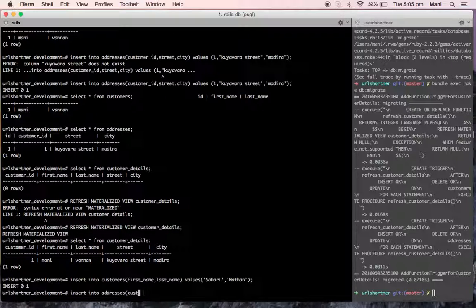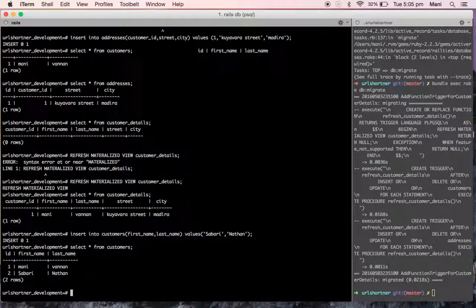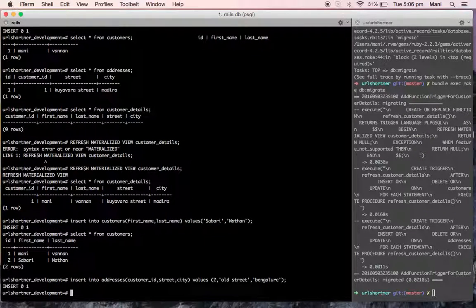Before that I need to check the ID. So select. Here I need to type in address customer ID, I need to enter as 2. 2, Old Street. So now everything is done.